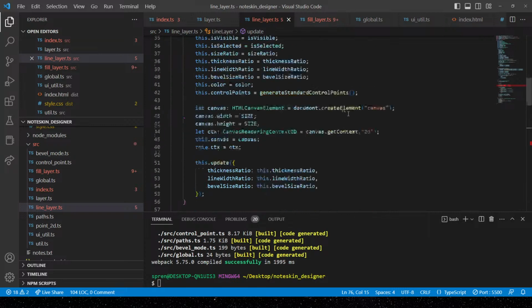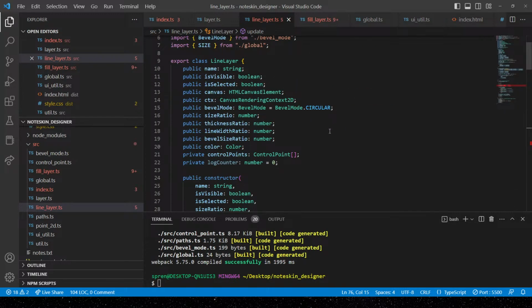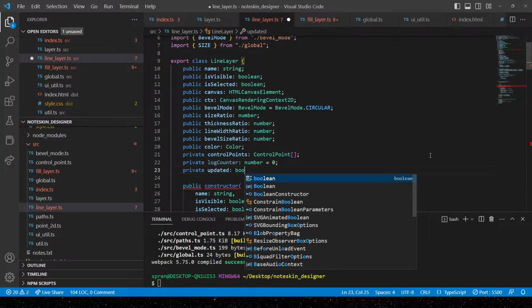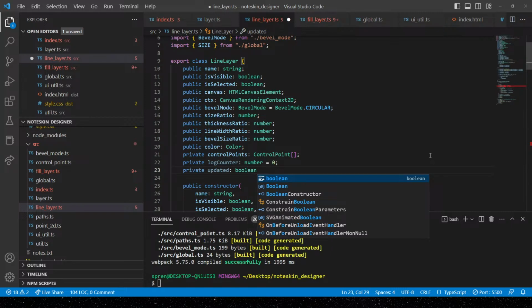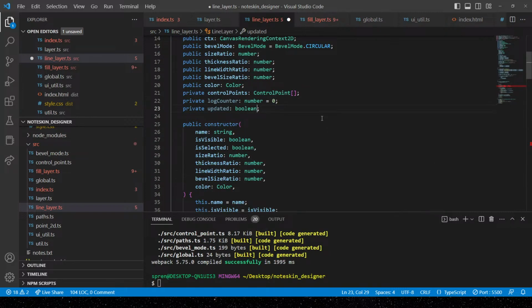Okay, that seems really cool. So what I would do is I would say private updated boolean, initialize to false,